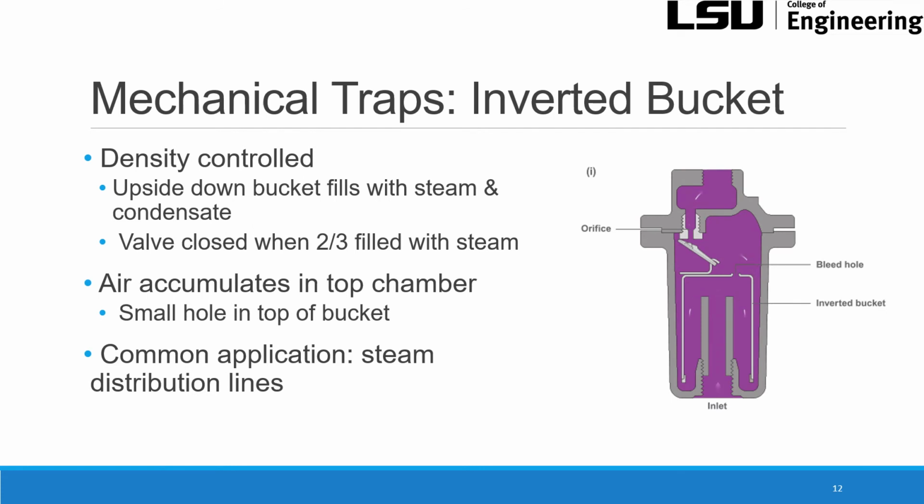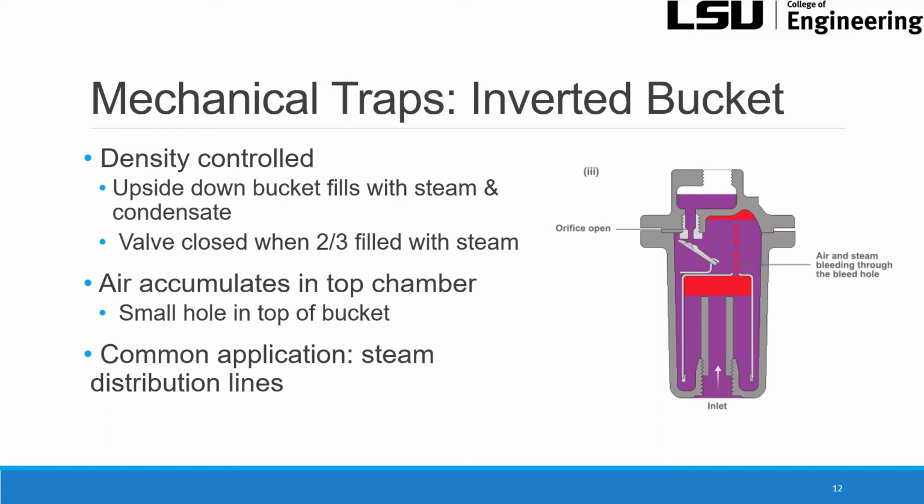So the second type of trap that we're going to talk about is the inverted bucket mechanical trap. This is density controlled because there is an upside down bucket within this trap that, when filled with liquid condensate alone, will sink to the bottom and the trap will remain open. However, when 2/3 of this bucket is filled with steam, the trap will float up and it will close the valve at the top until the steam loses enough heat energy and condenses back into the liquid,